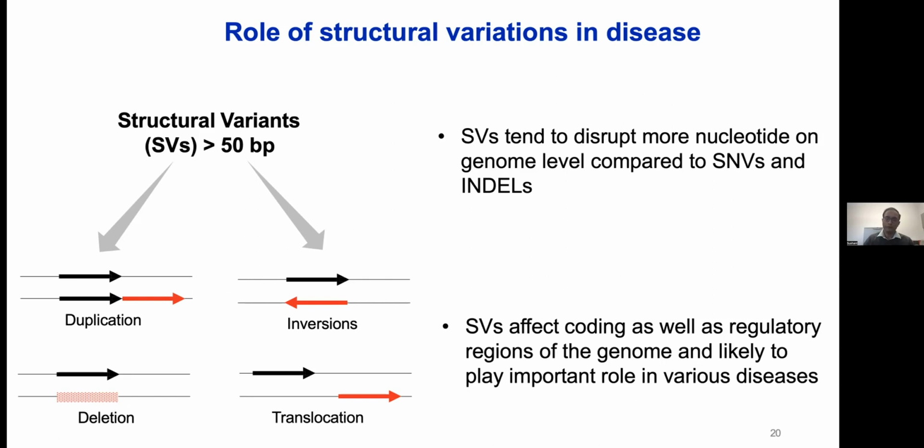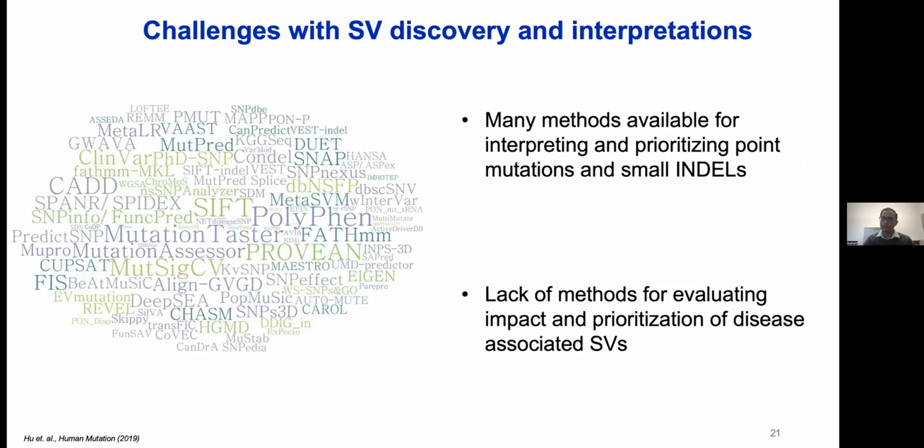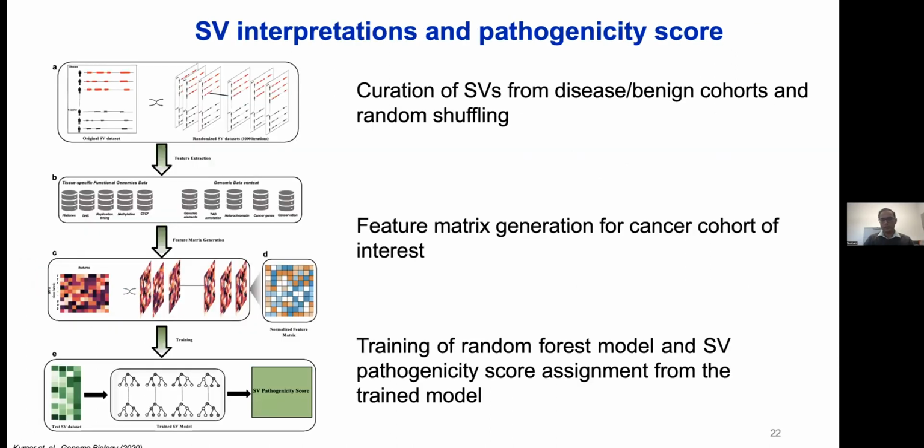So despite the important role in cancer and other diseases, there is a lack of tools and methods to interpret these structural variations. One reason is that compared to point mutations and, to a certain extent, small indels, we do not have accurate tools to identify structural variation as accurately as we can for smaller variants. Another aspect to consider is that because we cannot identify them accurately, there's not too much development toward interpreting them. So to address this challenge, we developed a machine learning framework, which basically looks at structural